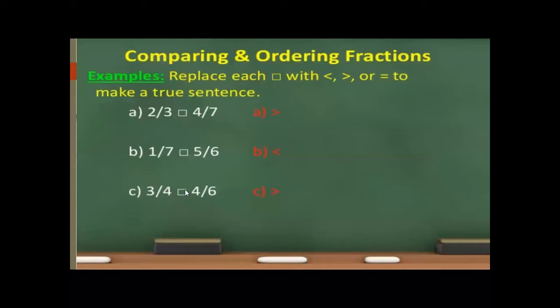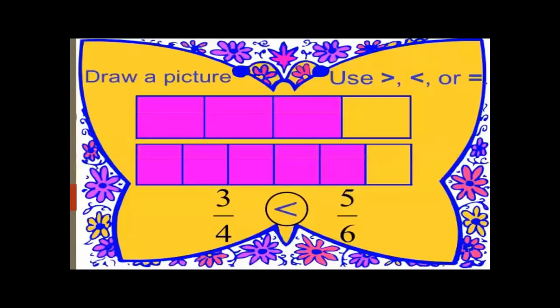If we check here, we also do the cross multiplication. 6 threes are 18 and 4 fours are 16. So 18 upon 4 and 16 upon 6. We can see that 18 upon 4 is greater than 16 upon 6. In different denominators, or unlike fractions, we can use cross multiplication. So what to use here?